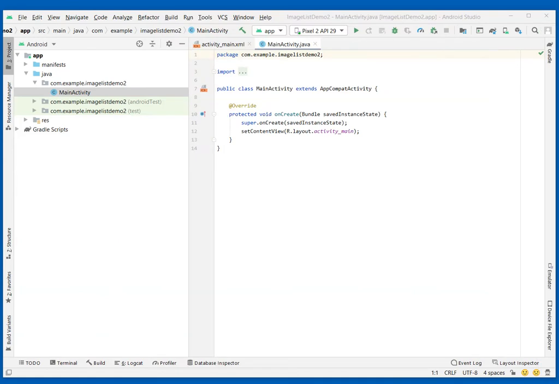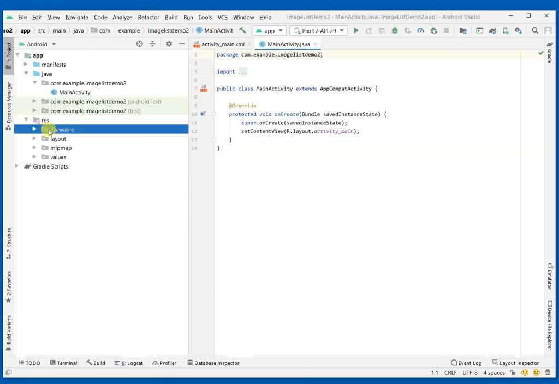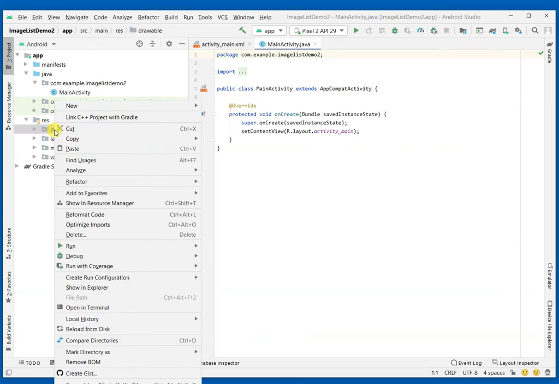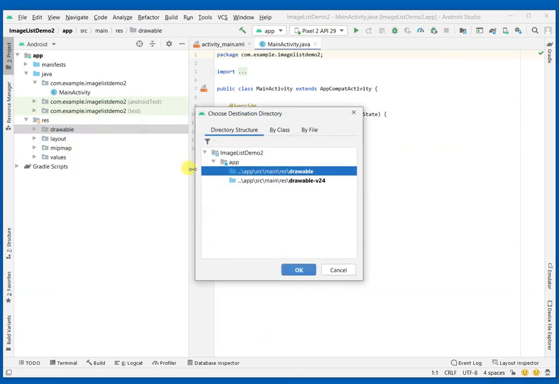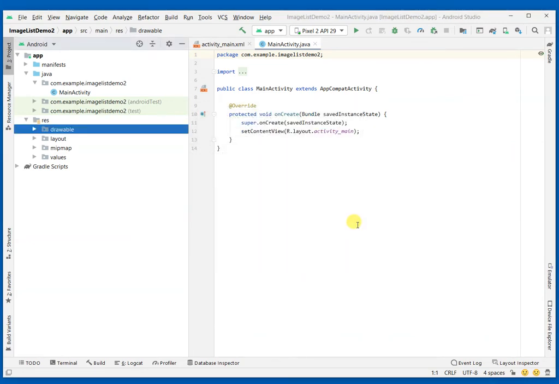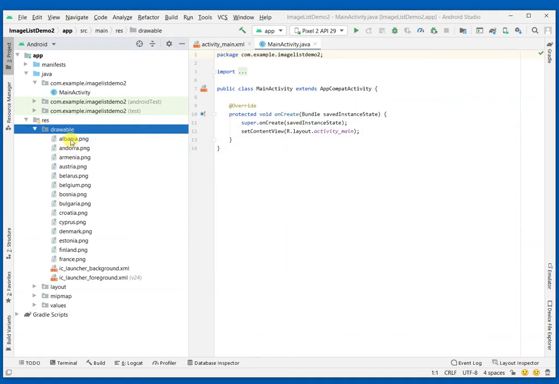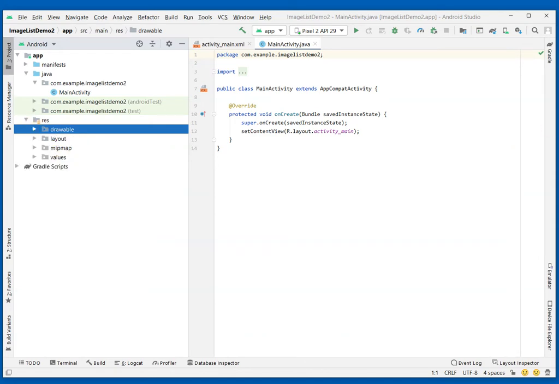So I provided you with a list of flag images. So you go here, resources, go to your drawable, right click and paste. Choose your drawable. Okay. And now I've got all the images that I need in here. Second step,